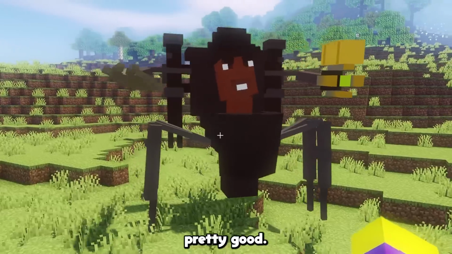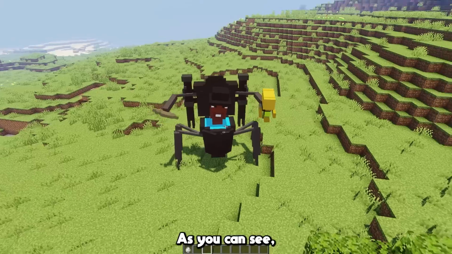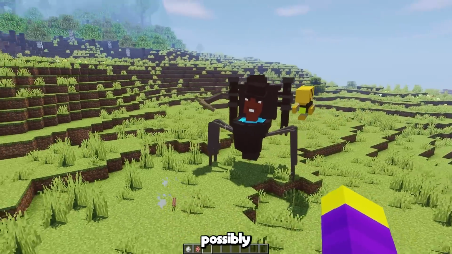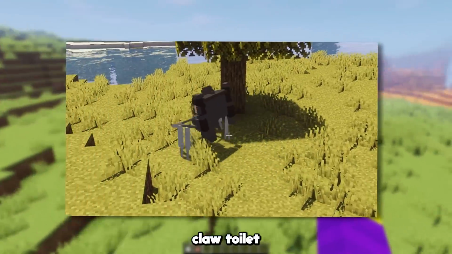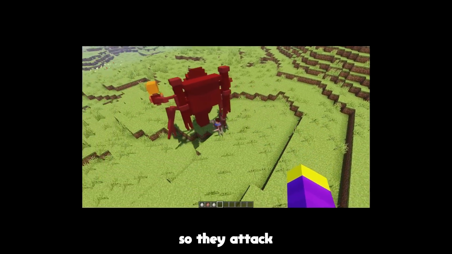This guy actually looks pretty good. I will say that the wither noises are kind of weird though, but they also kind of fit him. As you can see, the Mafia toilet is massive, and he's also very fast, possibly even faster than the jetpack claw toilet that we made last time. Okay, I wanted to make them have a race, but I somehow made it so they attack each other by